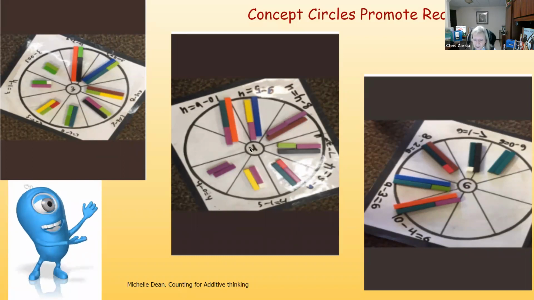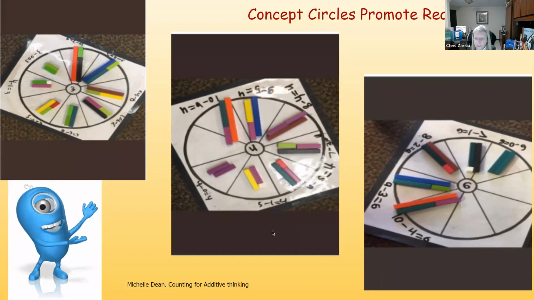And again, I can differentiate based on what you are able to do. So I've got some high flyers that are at 100. I've got some kids that are still working on to 50, right? Just whatever number they're at. Whatever I put here, I can show that as an addition. I could show it as a subtraction. However I want to, I need to be able to represent that number.